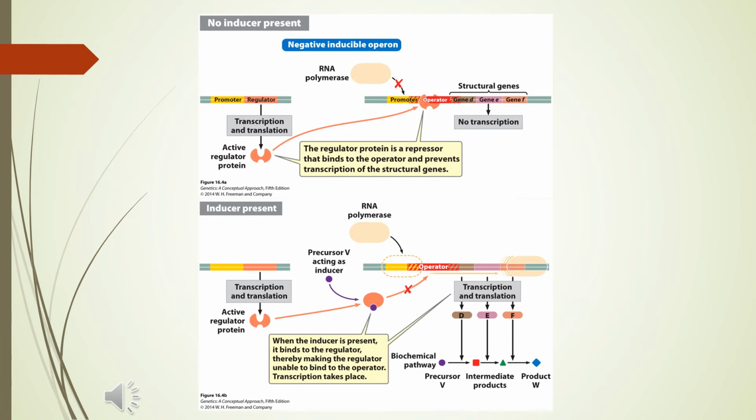So the next term, the inducer. If inducer is present, what will happen? The same as the scenario. On the left side, a regulator protein will produce an active repressor molecule, because this operon system is negative. Negative means the regulator protein will produce a protein product that will be a repressor. Negative means repressor. Inducible means it's actually off. It must be on. So if an inducer is present, then transcription and translation of the regulator gene will produce